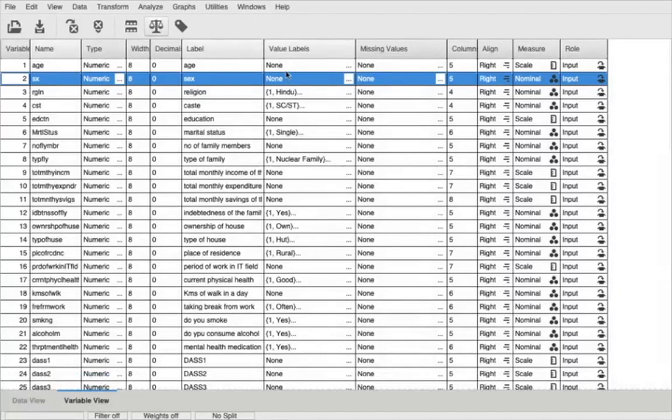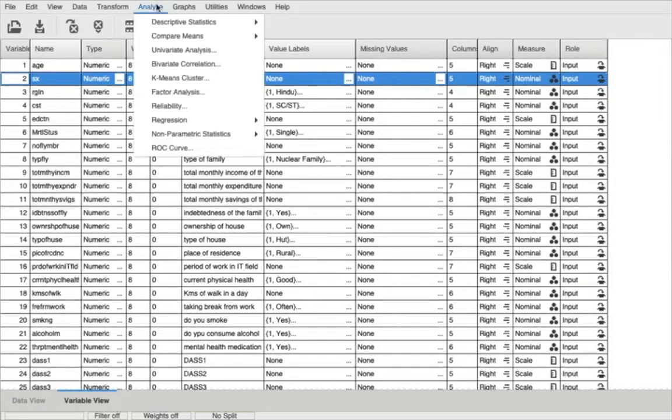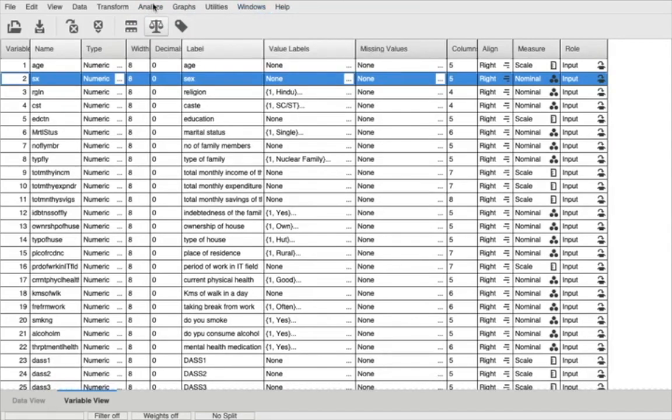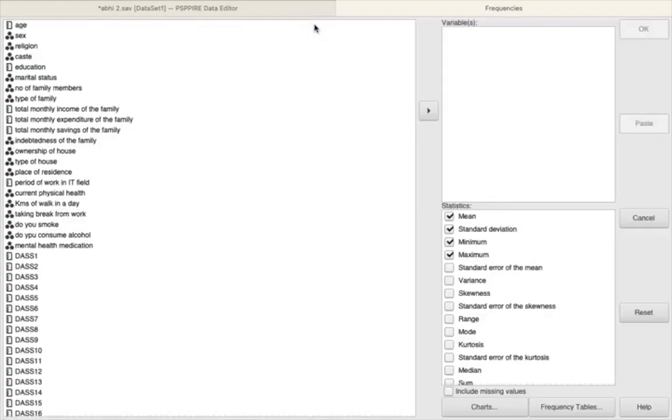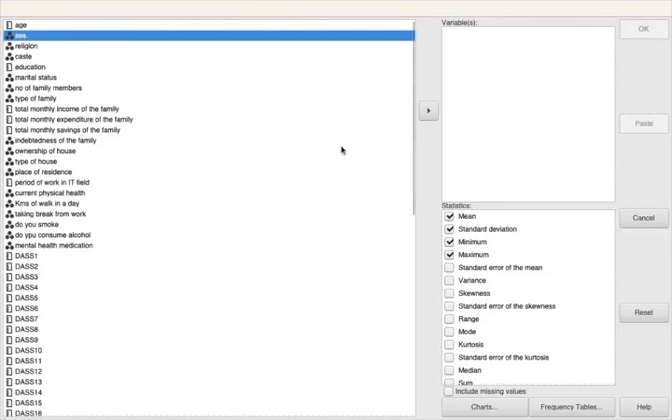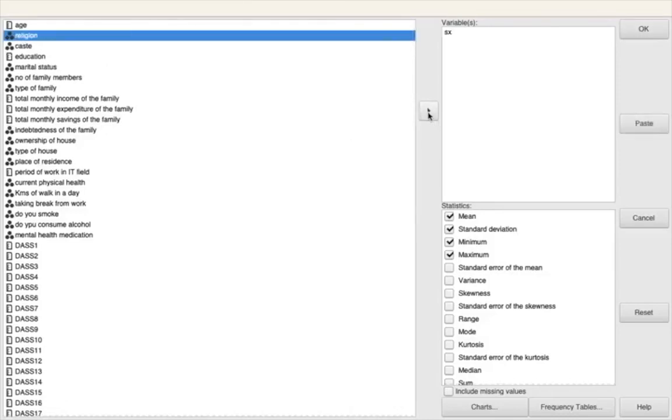Let me go and do the percentage analysis and see what happens, just for your understanding. Why we are adding the value labels, you will understand. You go to analyze, this is how you do percentage analysis. Okay? You go to analyze, descriptive statistics, frequencies. Now, click frequencies. Here we have this x, which is the nominal variables. I will put it in the variable column.